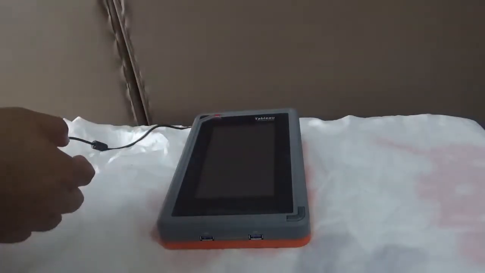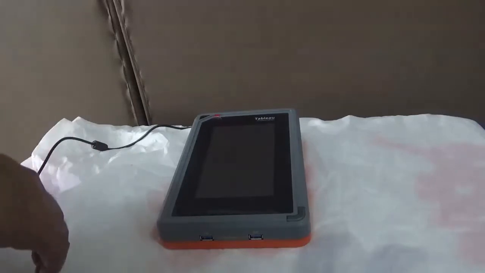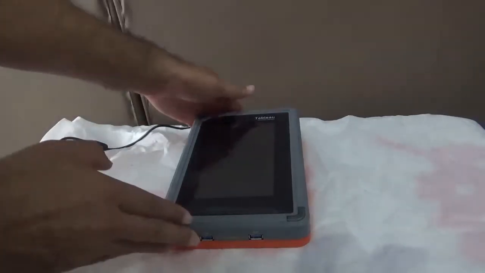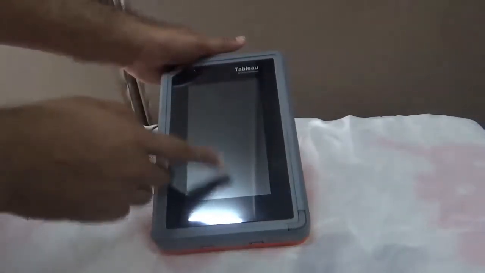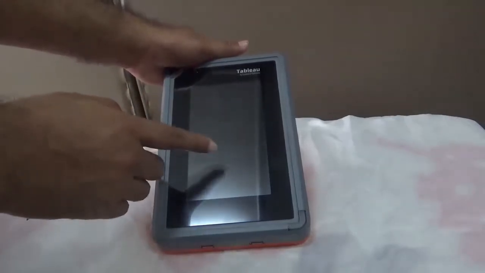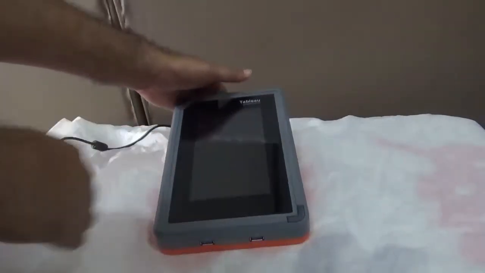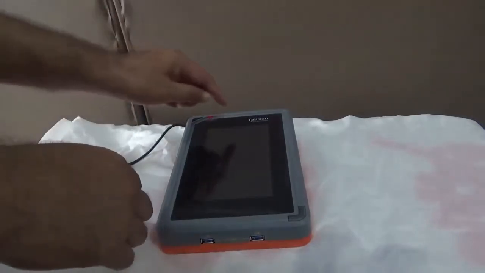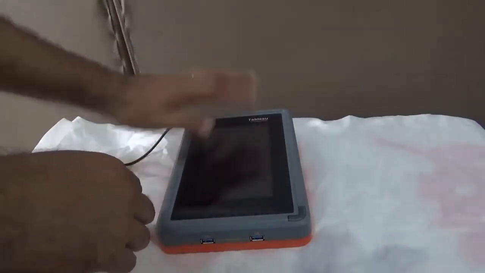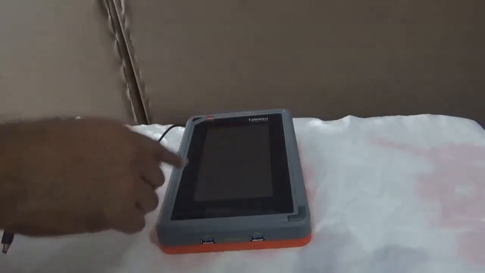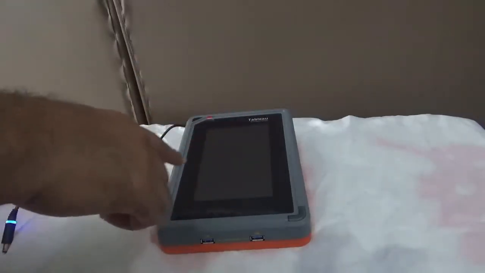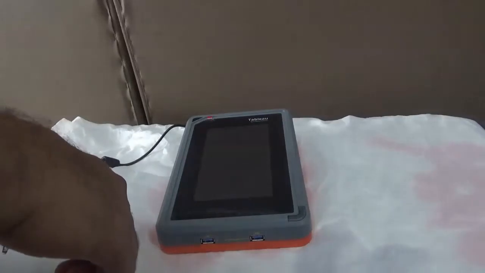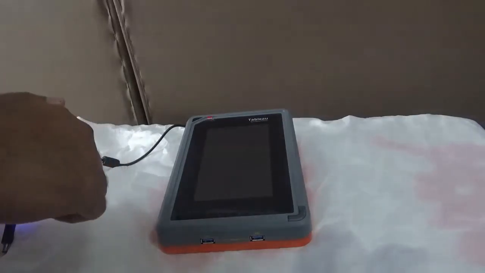with the touch of your screen, because it has a screen over here. So when we plug this one into the power, it will turn on, and then we can use the touch screen to give the instructions. So this TX1 or Tableau